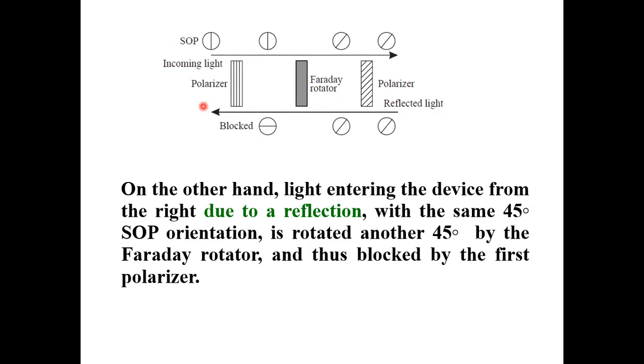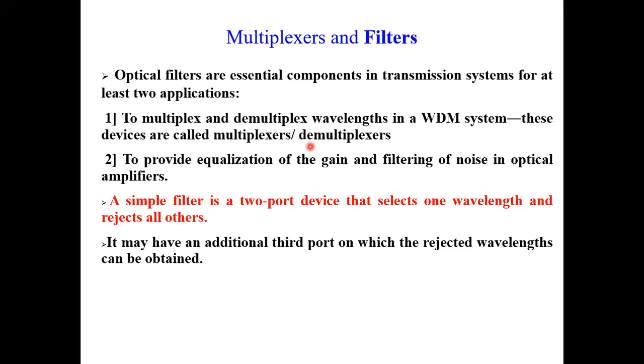So this way, see, this is just the principle. Now as the scientists and researchers are designing, they will design various means. The polarizer and the rotator will be different, so some variations they will do, but the principle remains the same. I need to change the state of polarization of the incoming reflected ray. Once it does not match with the first block, it is blocking and it is not allowing any signal to pass through itself. So this is the simple principle on which your isolator is working.